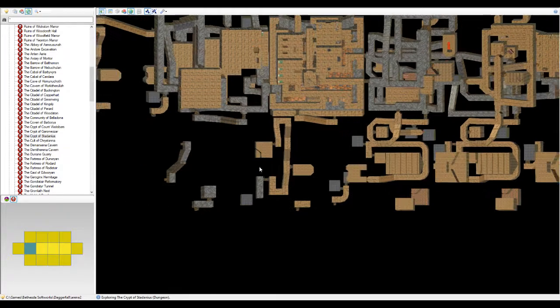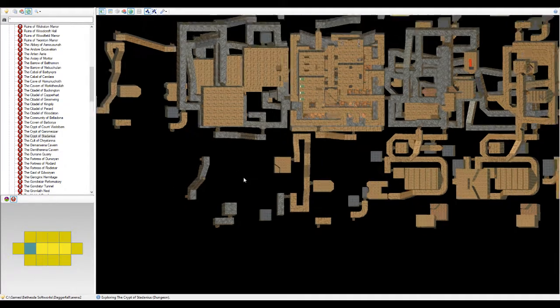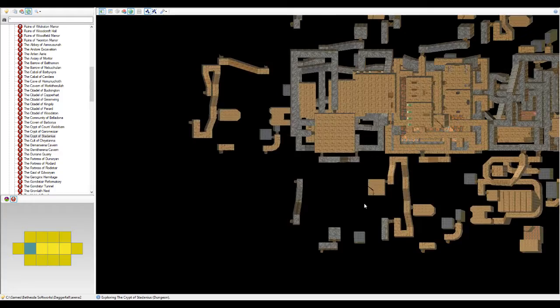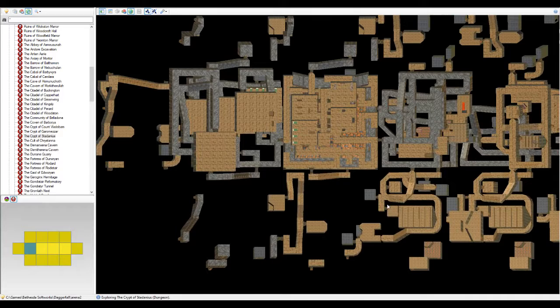I believe all this stuff out here is actually in base Daggerfall and in Daggerfall Unity. I would assume if Daggerfall Unity is just taking the dungeon maps from Daggerfall, reading the information from the base game, and importing them into Unity, they should be there. I have not checked whether they are. I will probably do that in this stream, because that would satisfy my own curiosity on that part. However, yes, here we see the Crypt of Stadanius. Also, from all these little extra bits out here, we can see that the dungeon is not really as big